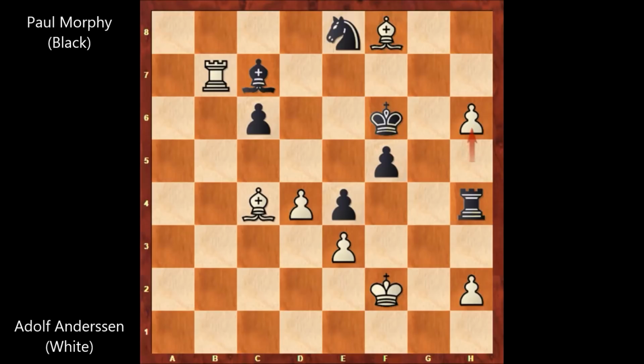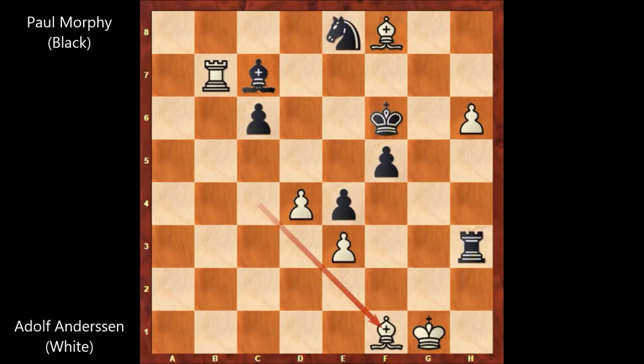leaving the h-pawn, rook takes on h2, check, king to g1, rook to h3, bishop to f1, rook to g3, check. Well, in this position, capturing the pawn is tempting for black, but Morphy didn't capture the pawn, because Morphy